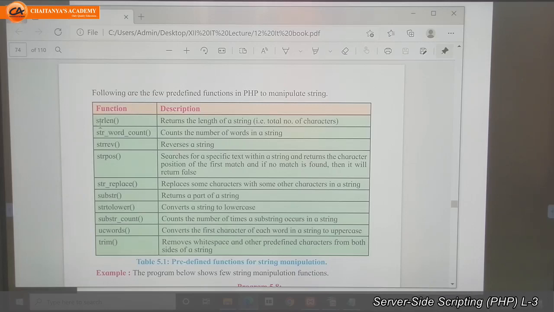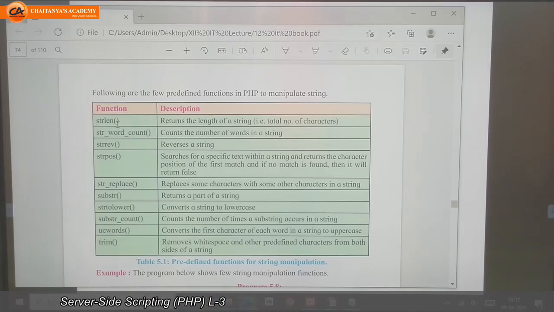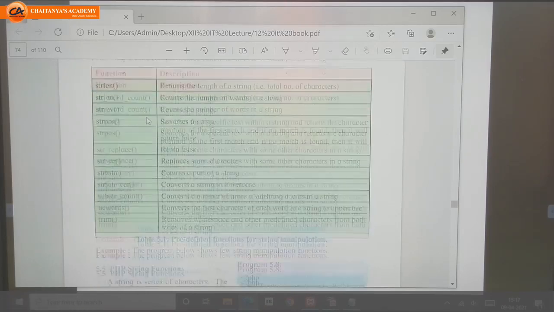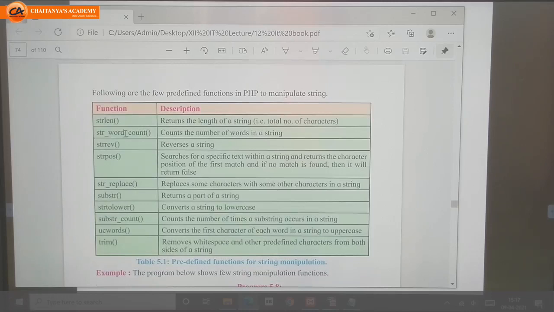See on the screen, we have these functions. The first function is strlen. This function gives us the length of the string as a return value.